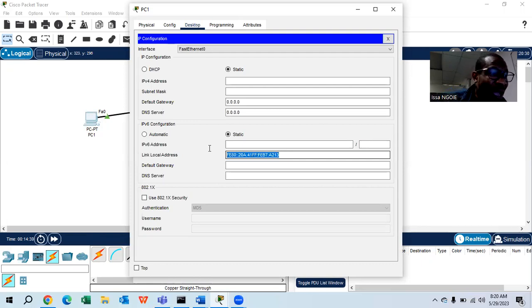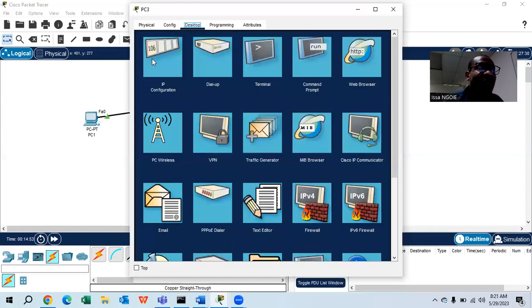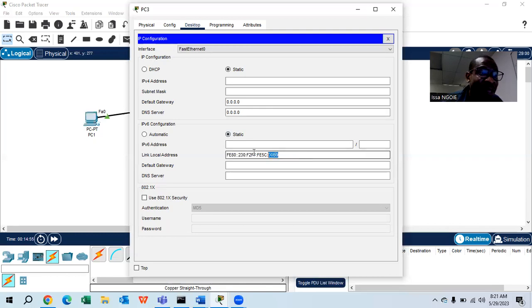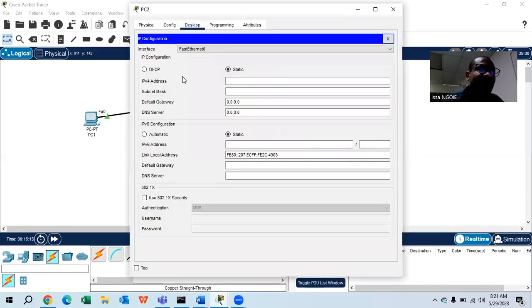So this is a link local address for which computer? For this computer. So you're gonna see it always starts by what? By FE80. When you go to the second computer, you go to Desktop, you go to IP Config, you're gonna see there is a link local address. So this is an automatic IPv6, right? You're gonna see it always starts by what? By FE80. When you go also on this one, you can see also there is a link local